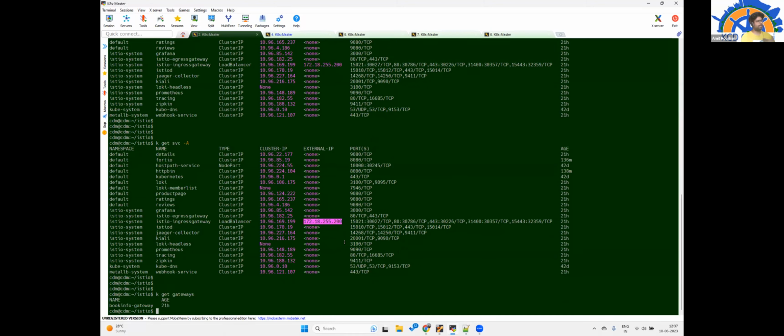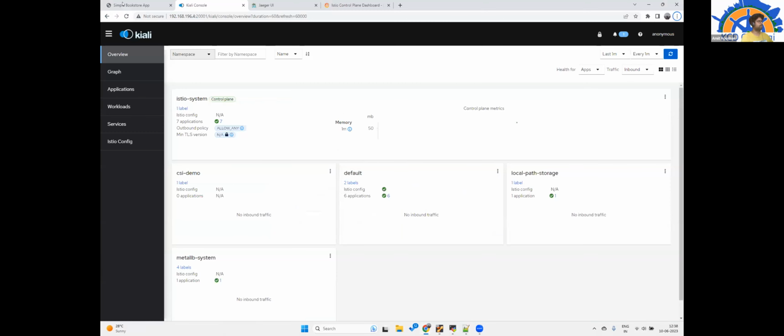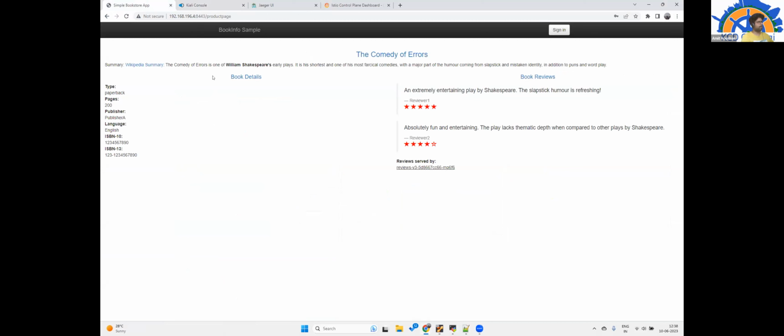I have used this gateway for exposing this service, the bookstore app, and I'm able to access it from my browser.